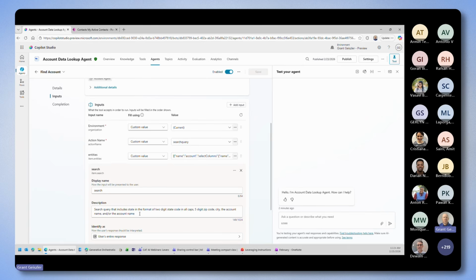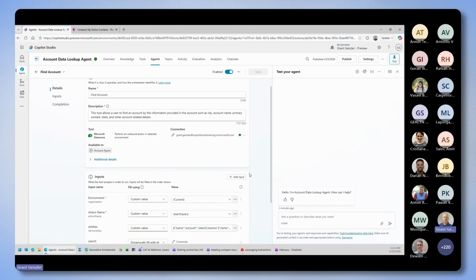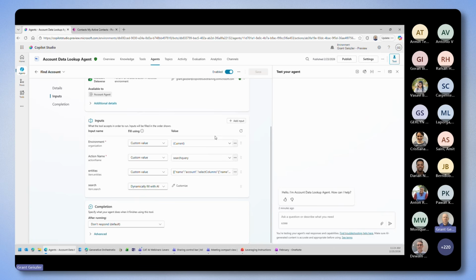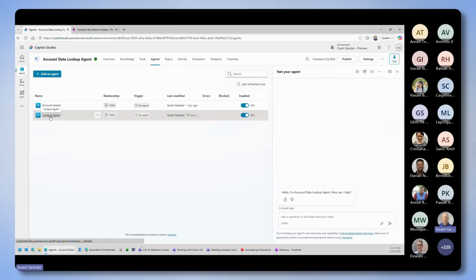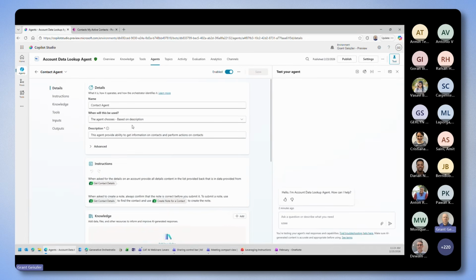This is the search query, and we're giving it some details about what exactly we want it to do, and we're going to allow the orchestrator to slot fill this as needed when it works its magic. So that is a quick rundown of the account agent. The next thing is the contact agent, and the contact agent is configured very similarly to the account